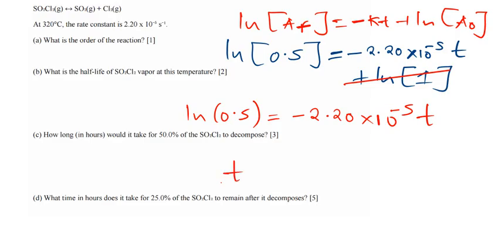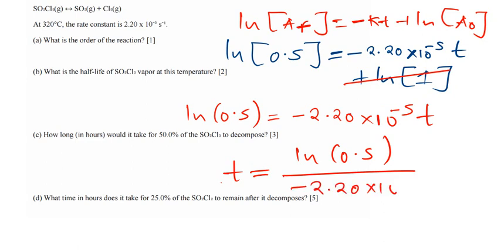Our t is going to be equal to, so we have to make t the subject by dividing by the constant k. So that's natural log of 0.5 divided by negative 2.20 times 10 to the power negative 5, by making that the subject of the formula. And so our t, which is our time,